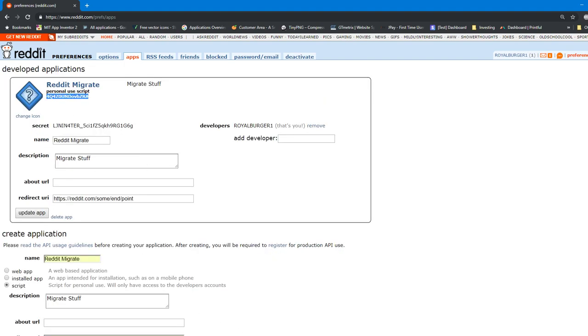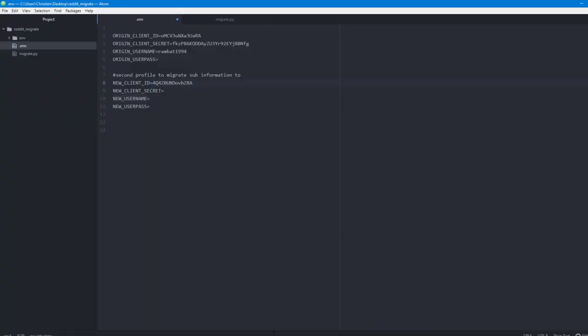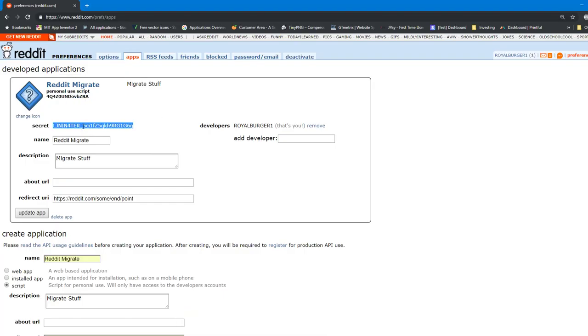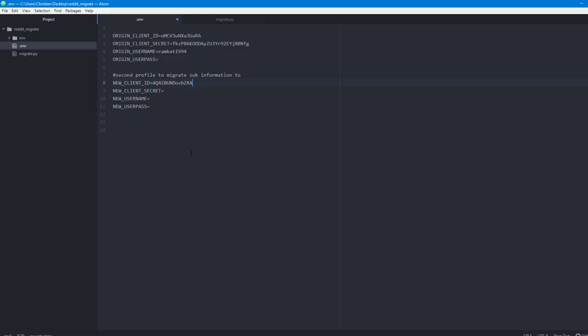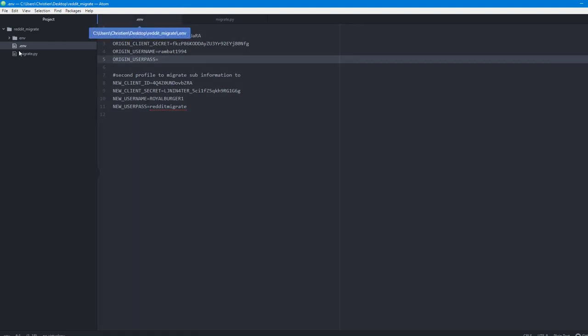We got a new client ID and a new secret. And then we already know this is Royal Burger 1, and we know this is Reddit Migrate. Alright, so this password, I'm going to open it in a different